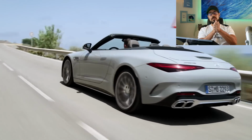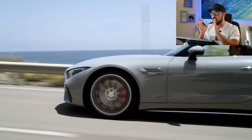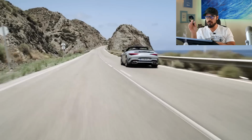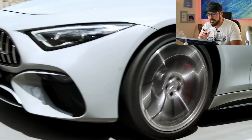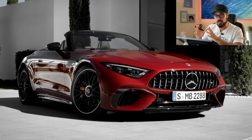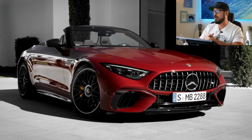There is finally a new Mercedes SL on the market, and in this video we're going to talk about the spec and tech, and of course I'm going to let you know what I think about this design. There are a few things that I'm really excited about, and then there are a few things that I'm not so sure of. It will be available as either the SL55 or the SL63 right from the get-go, both powered